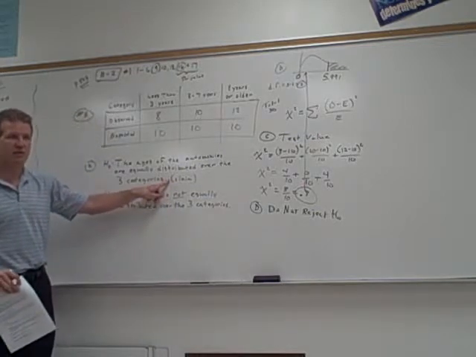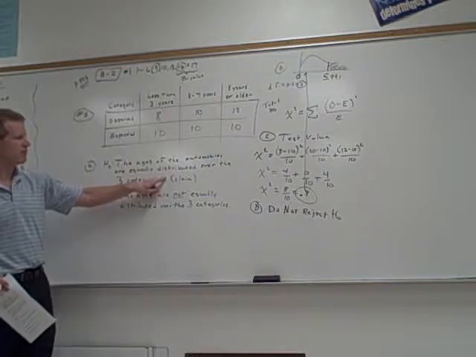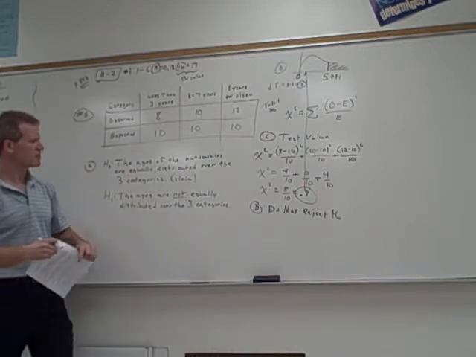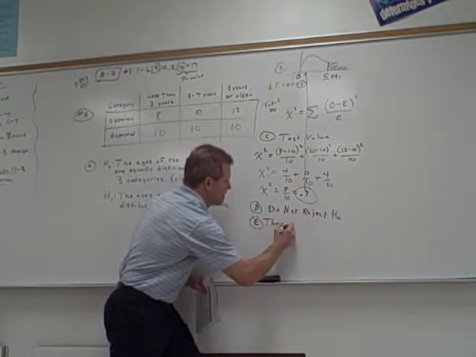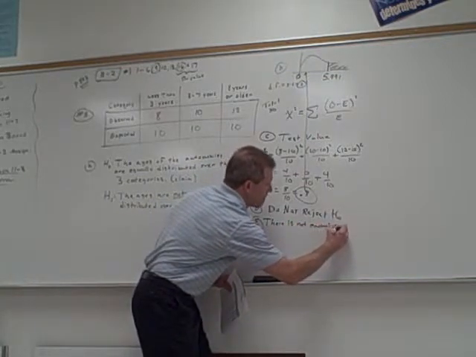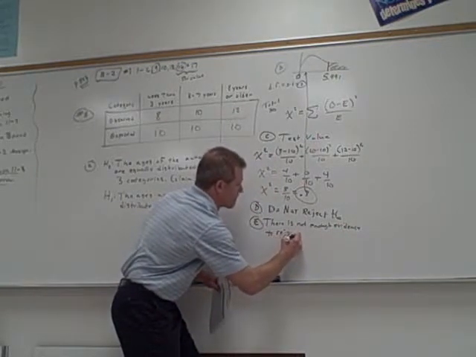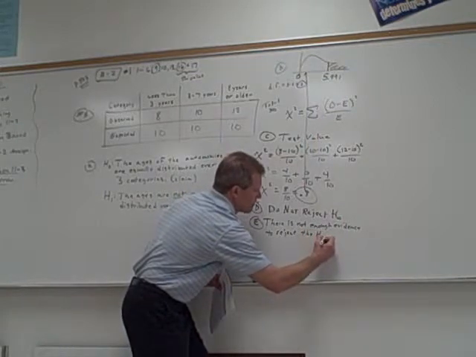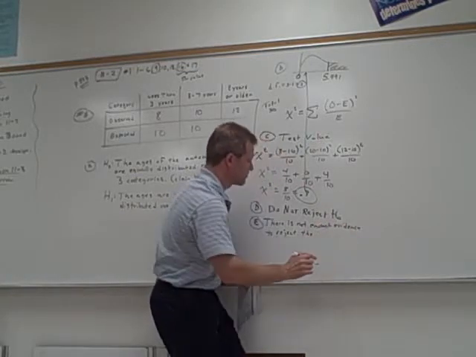So if I'm not rejecting the null, and the claim is the null, I would say there's not enough evidence to reject the claim that the automobiles are equally distributed over the 3 categories. Not enough evidence to reject the claim